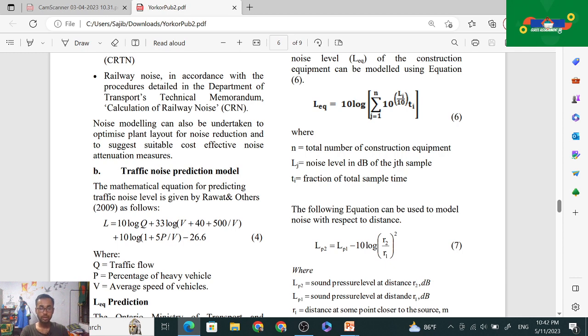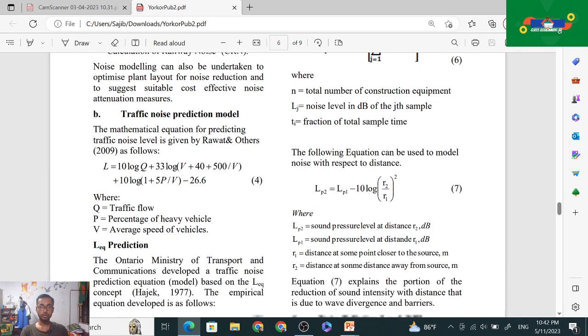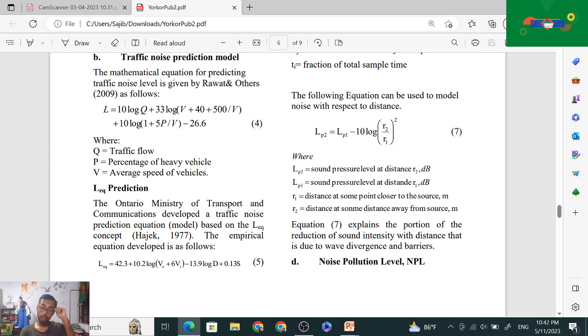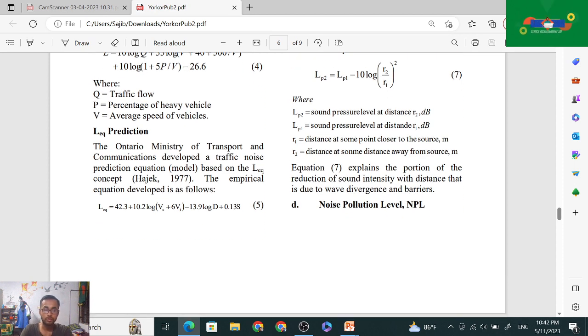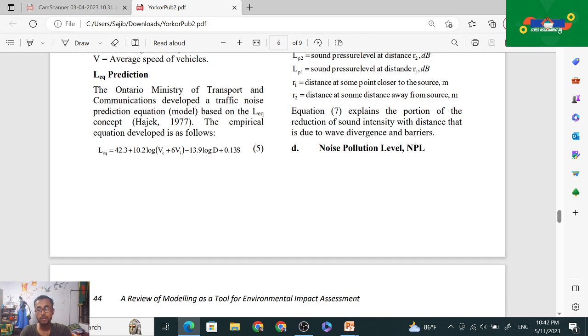ডেসিবল ইন দ্য স্যাম্পল, দেন T হচ্ছে কি ফ্র্যাকশন অফ দ্য টোটাল স্যাম্পল। ফলোইং ইকুয়েশন ক্যান বি ইউজড টু মডেল। এখান থেকে হচ্ছে কি LP2 যেটা আছে LP1 মাইনাস কত 10 log R2 মাইনাস R1 এর স্কয়ার এখান থেকে আছে। তো এখান থেকে নোটেশন গুলো আছে। তো equation 7 explains the portions of the reductions of the sound intensity with a distance that is due to the wave divergence and the barriers and noise pollution level হচ্ছে